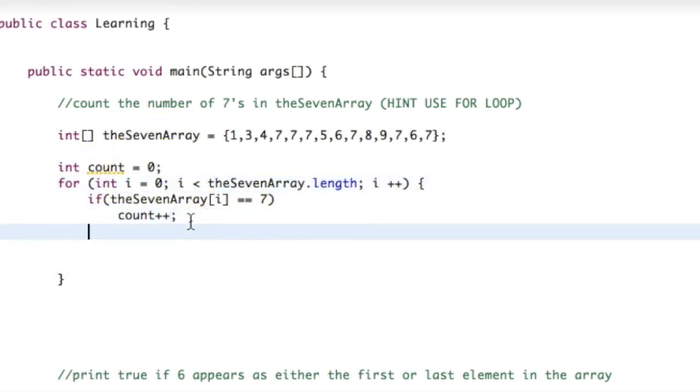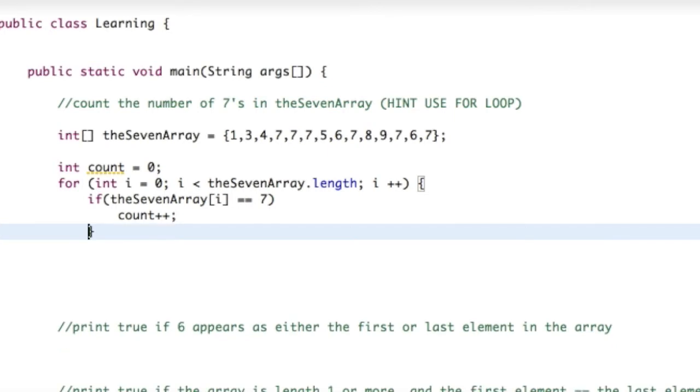And then what we can do is we can just really quickly print out "you have", and then we can plus count. And then if we really want to format, because I feel like some people hate that spacing issue, and this will basically say you have count 7s in your array. And if we go ahead and run this,